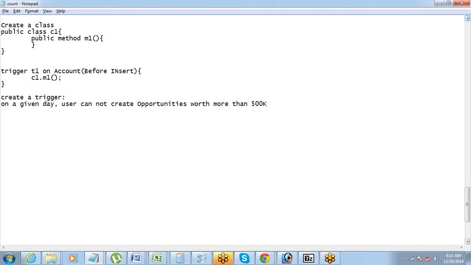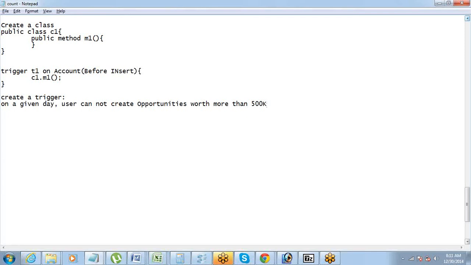It can be one opportunity, it can be 10 opportunities. So the sum total of all the opportunities created by a user on a day should not exceed 500,000, right? Similar to the debit card rules that you have. There is a certain transaction limit per day. Then you do 5 transactions, 10 transactions, you cannot exceed that amount, right? The total cannot exceed. The same concept we are trying to put here.